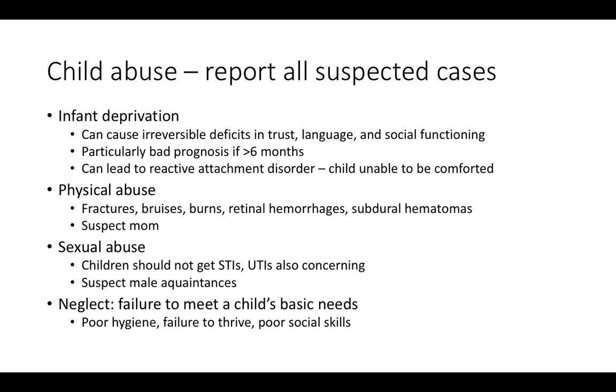And then physical abuse. So we kind of talked about this two weeks ago with the orthopedic section, but evidence of physical abuse includes fractures, particularly spiral fractures of the long bones, or rib fractures, or multiple fractures in different stages of healing. Bruises that suggest a specific form of abuse. So, for instance, somebody grabbing the rib cage of a child and then they have bruises along their chest, you should be suspicious.